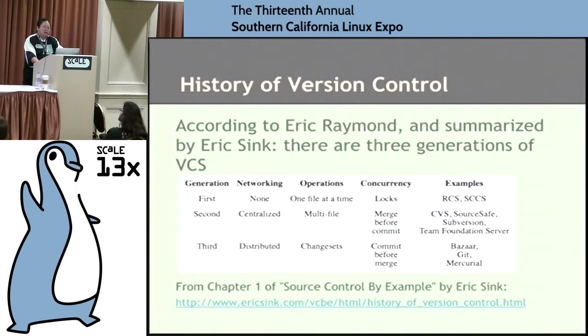I only recently learned about Bazaar, not this version of Bazaar, but BZR. I learned that it was another distributed version control system that had Canonical behind it, and they had a lot of major projects using it. But it seems to be dying down. It seems like it's not being supported as much, and people don't like using a tool that is not being actively maintained, because if you run into a serious bug, you really want to make sure that someone's going to take care of it. And so that's why these days, when it comes to distributed version control systems, we'll be talking mainly about Git and Mercurial.